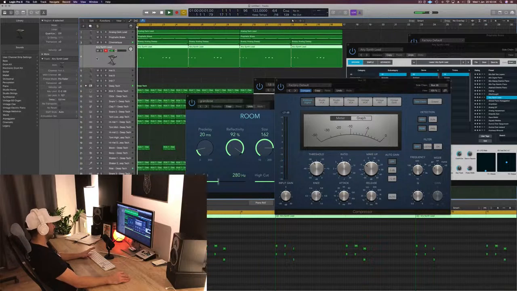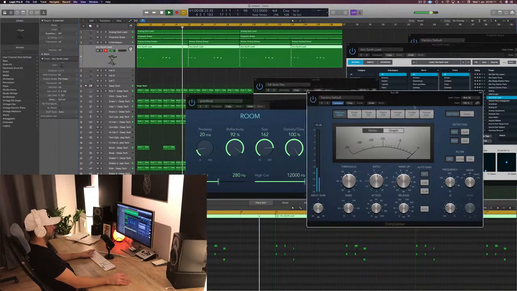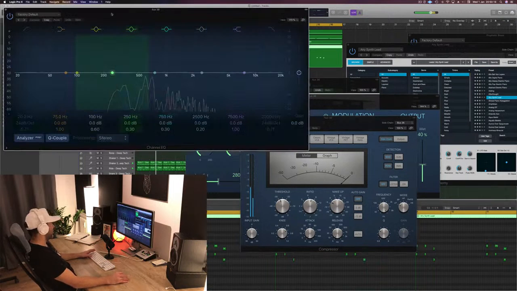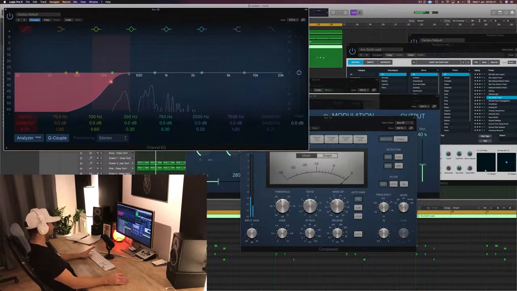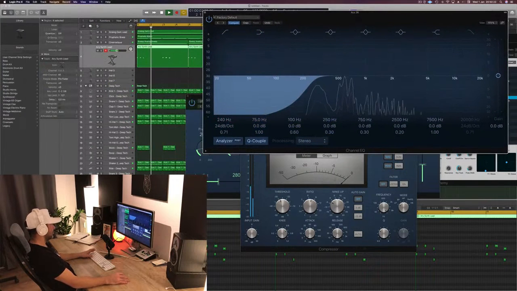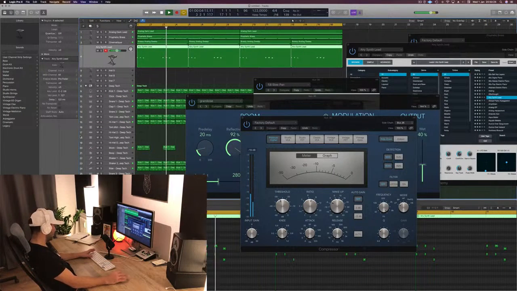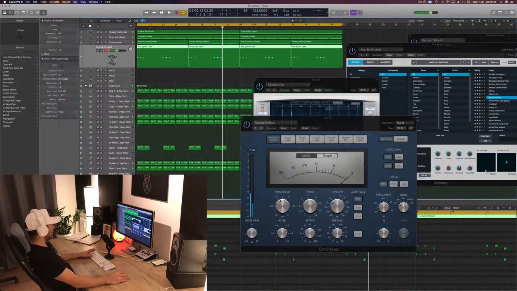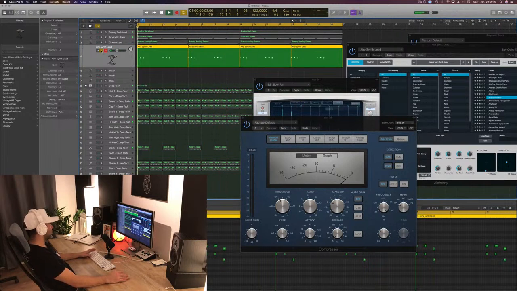Center it in the mix. Probably cut some of the mid-lows here. Okay, then, now that we have this,